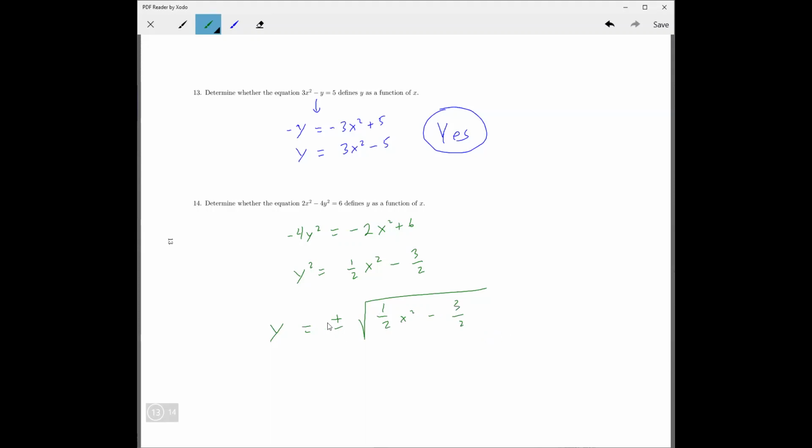And this plus or minus creates problems because if I make x equal to, let's say, 4, for example, then I'm going to get 2 values for y. So x equals 4 gives 2 values for y, and that's a problem. So that means that no,